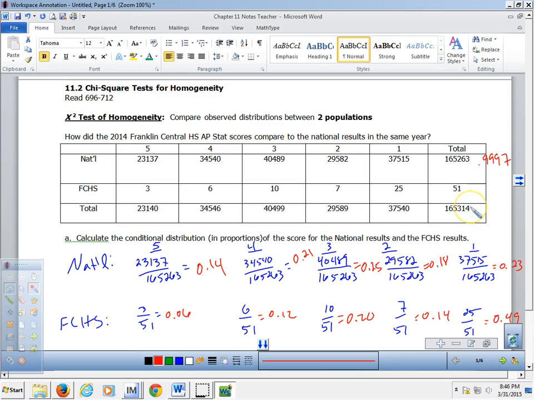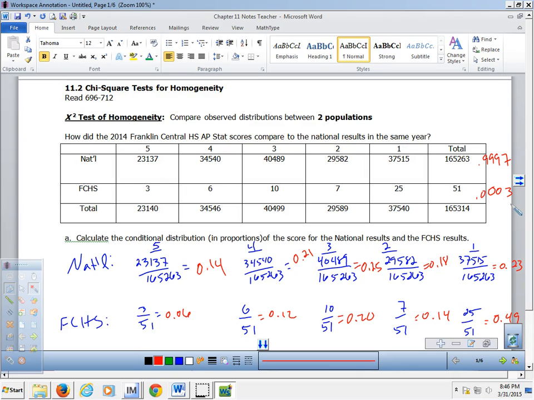And then the 51 would be the rest, right? So 51 divided by 165,314, that's very, very small, so obviously it's 0.0003% of the total group. So